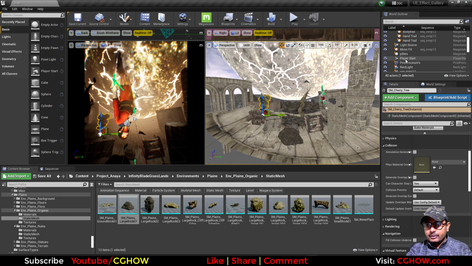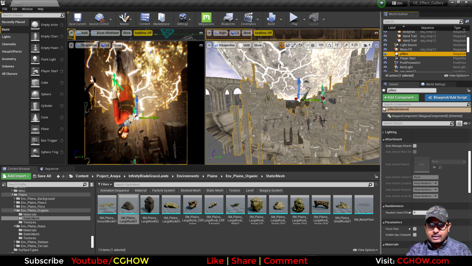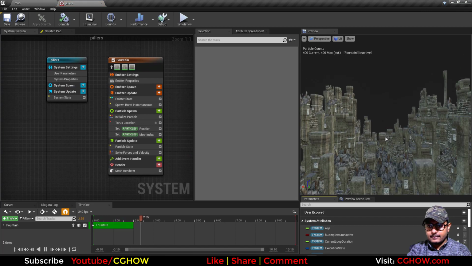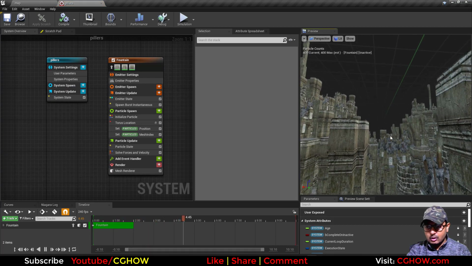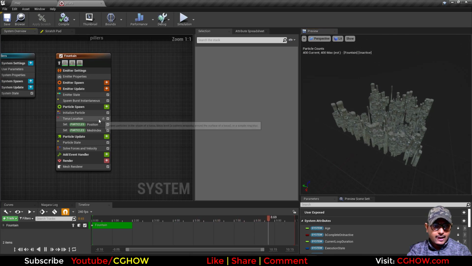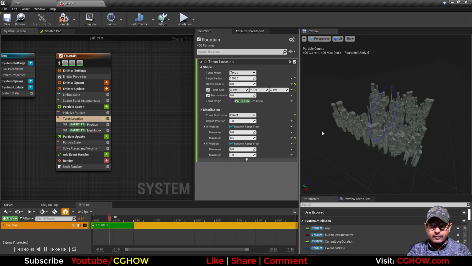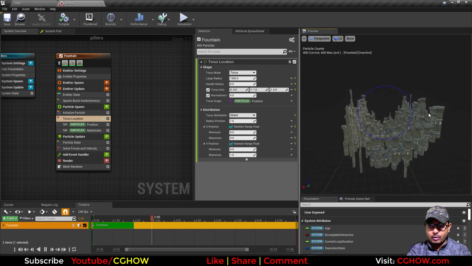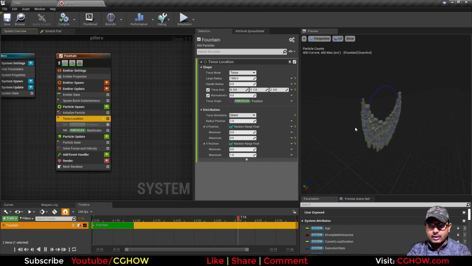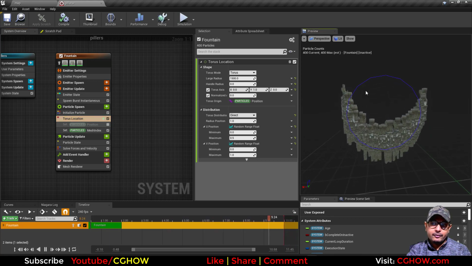If I open these pillars that are filling my scene, let's open this effect. See what I did here: I use the torus location. Let me visualize it. You can see this is a torus location, and if I turn off this module, this is how it spawns if you spawn a particle on a torus, but I'm using just half of the torus.